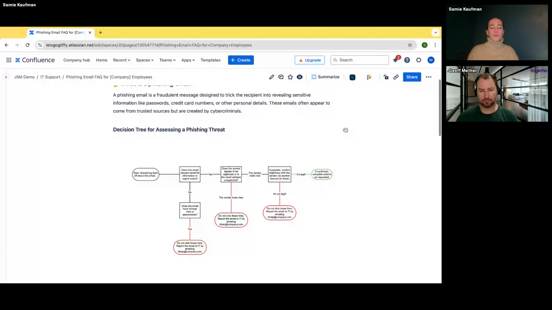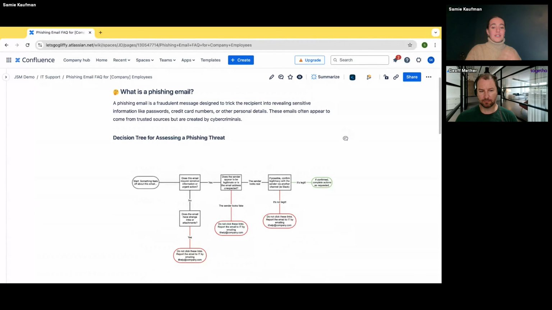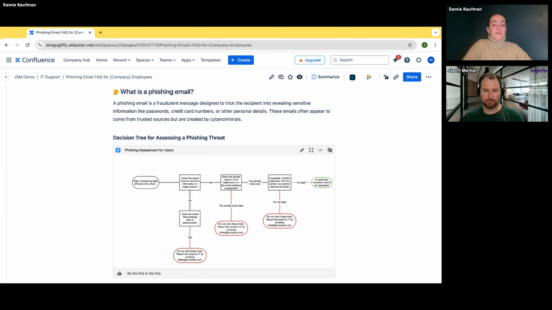Overall, what we're doing here is we are making this content more accessible, more visual for your team. If you had this all listed out as text, honestly, people would skim over it. Like, let's not kid ourselves. So I love the opportunity to make this content more visual because we do know that it will be more memorable. Now I'm going to hop back to our original demo space,